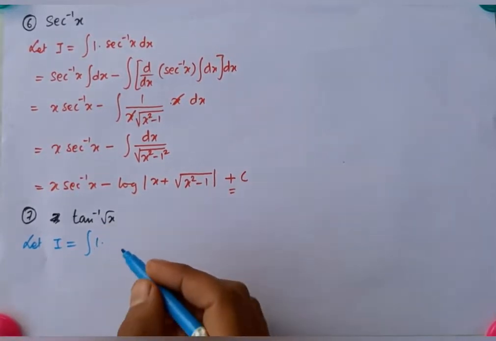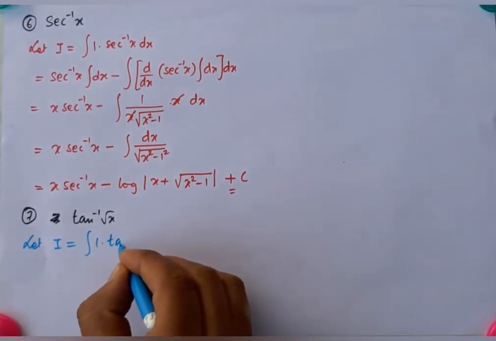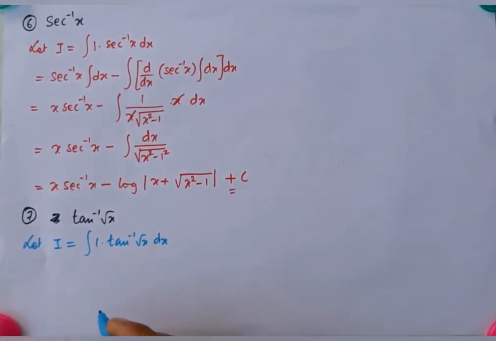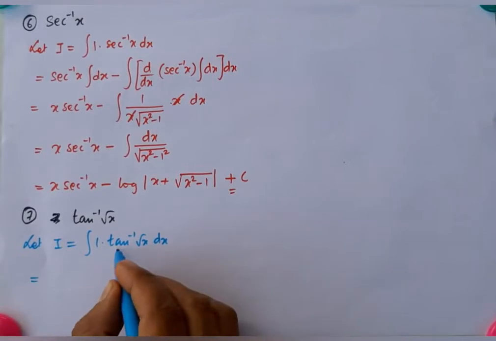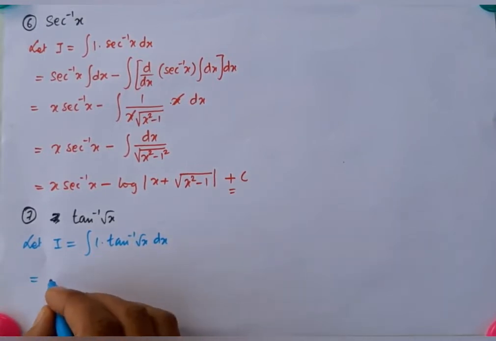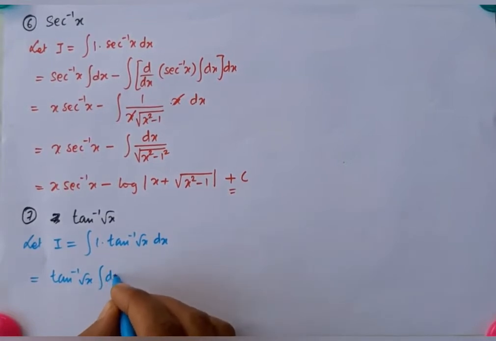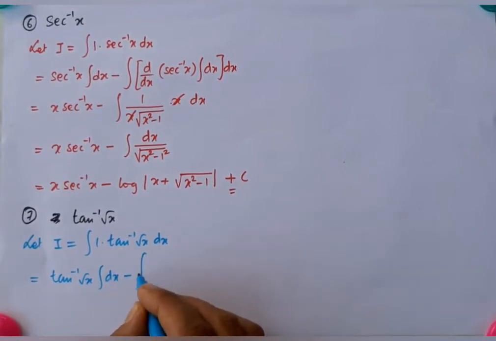Whenever you see an inverse, just put 1. So we have 1 into tan inverse root x dx. The rule says this is my f1 and f2 is 1. So this becomes tan inverse root x integral of dx minus